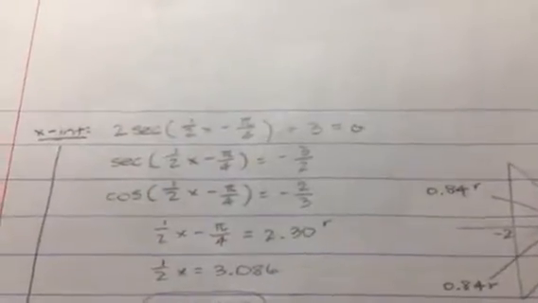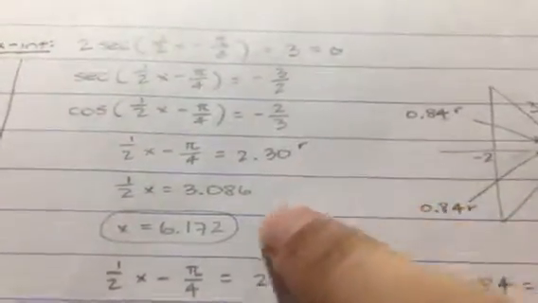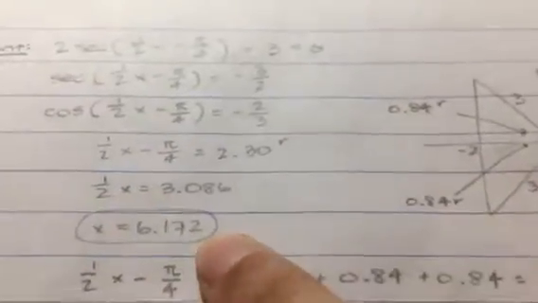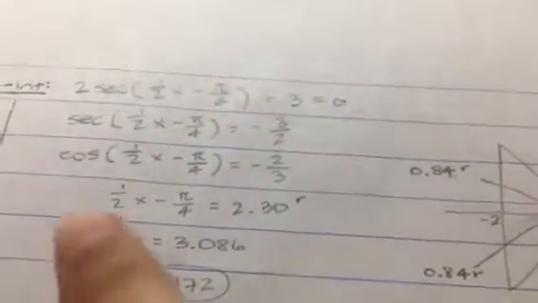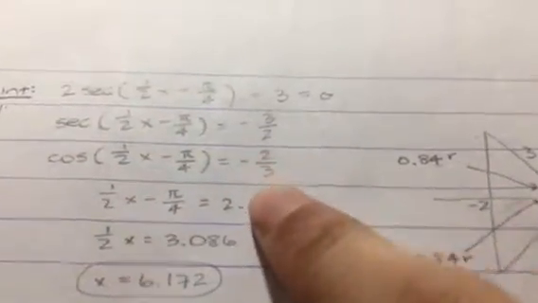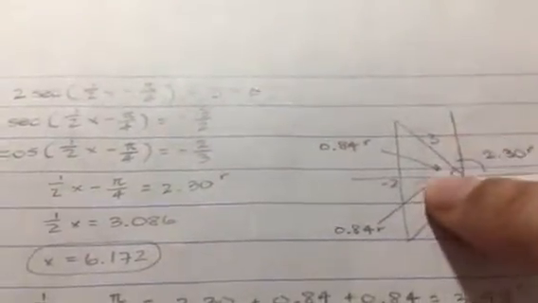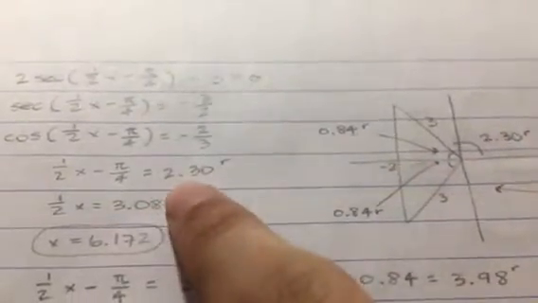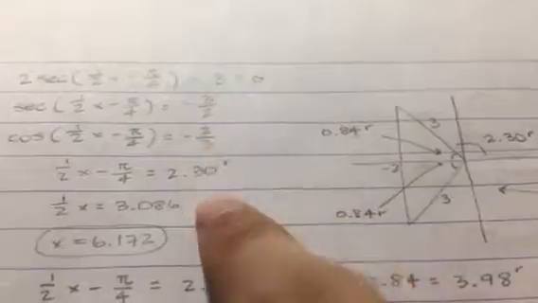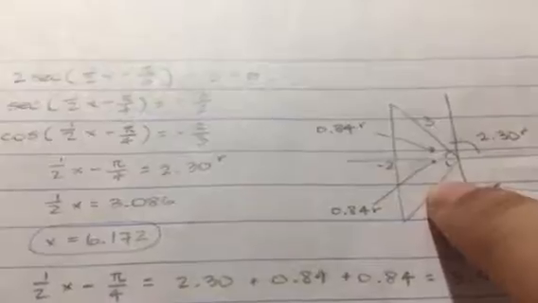And then on the back, I found the x-intercept. So I did this by setting this to 0, and then I eventually got an angle equal to 2.3, and then x is equal to 6.172, and then that's only one because cosine of whatever can equal something negative in 2 quadrants, the second and the third quadrant. So then I found this angle, because this angle is the first instance in which it equals negative 2/3. This angle is 2.3, and then I found the second angle in which it equals negative 2/3, which is